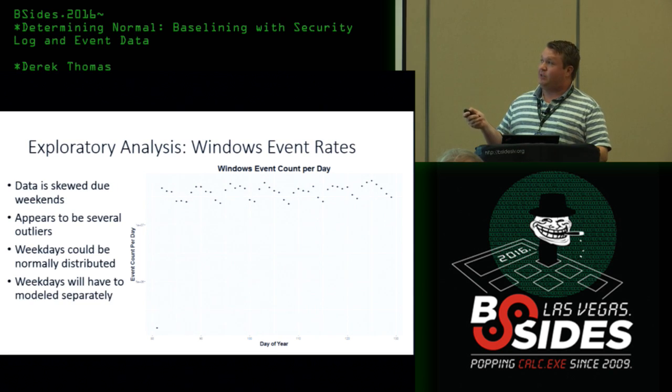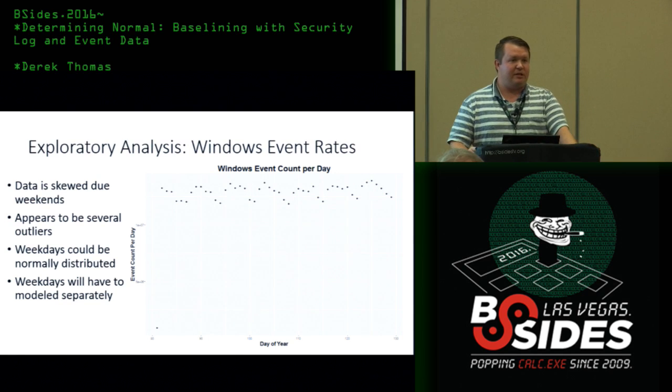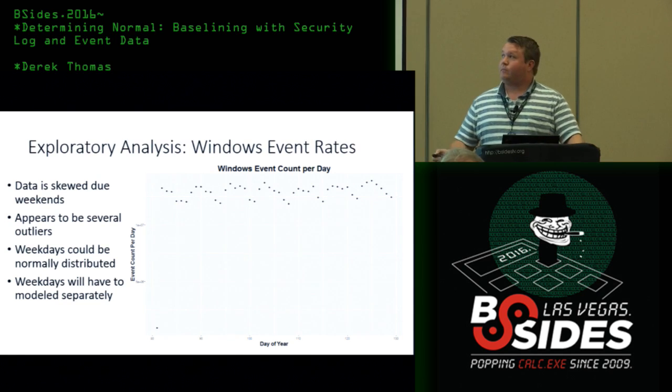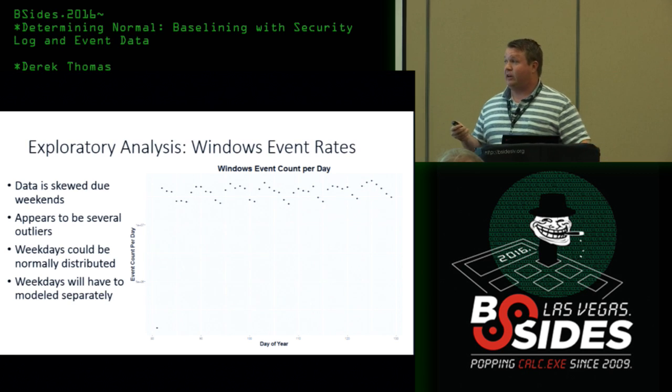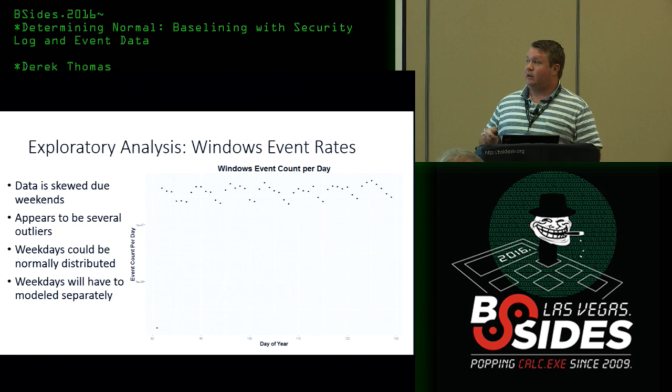So the data was probably skewed due to weekends. There appear to be several outliers. Down here, this one's extreme, and we'll talk about this one in a minute. But also, when I look at these, are there any other patterns that you see here that might be considered a local outlier? Does anybody see it? Yeah, right here. You look at that and say, okay, there's 2 sequential, but here there's 3. That's something we need to look at, and that's the first thing I queued up to when I was looking at this data set.